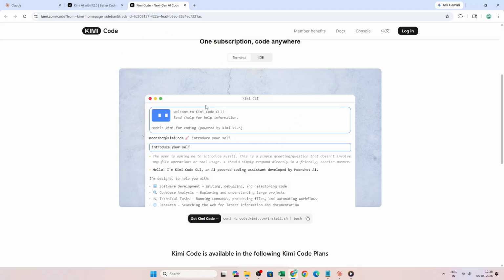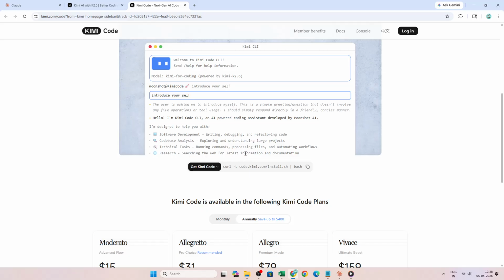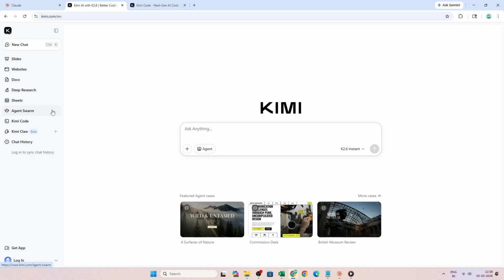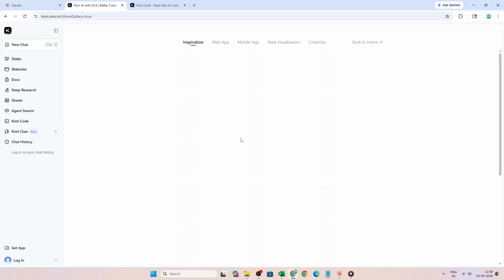K2.5 also supports an agentic swarm of up to 100 coordinated sub-agents. That means it can break a big objective into parallel tasks, keep track of who's doing what, and merge results for complex, multi-step projects. It acts like a project manager and a team of specialists combined. The key to getting great results here is to define clear goals and guardrails, so each sub-agent has a crisp